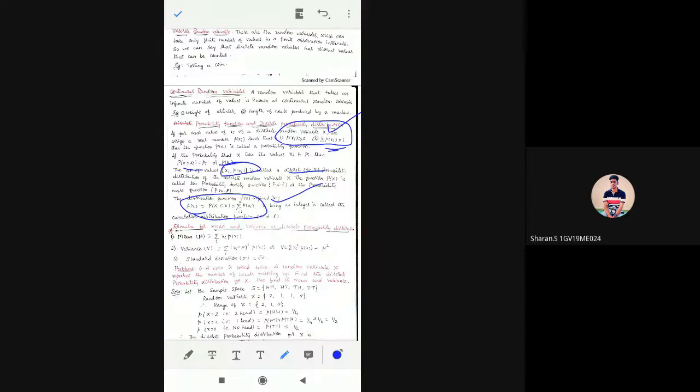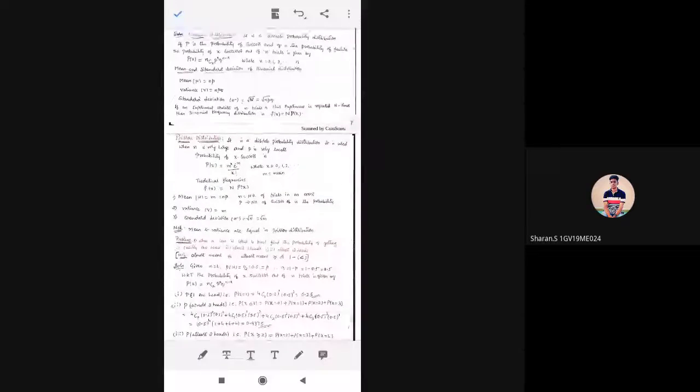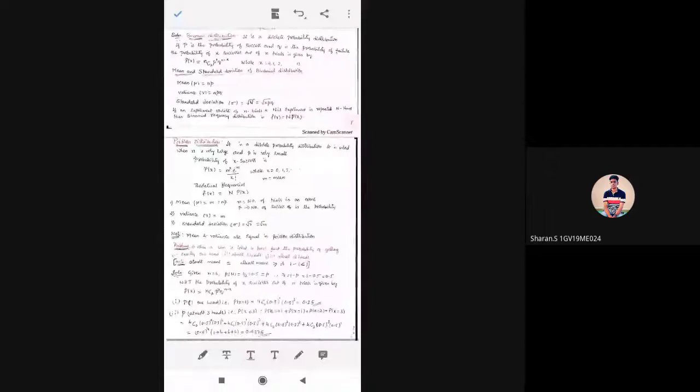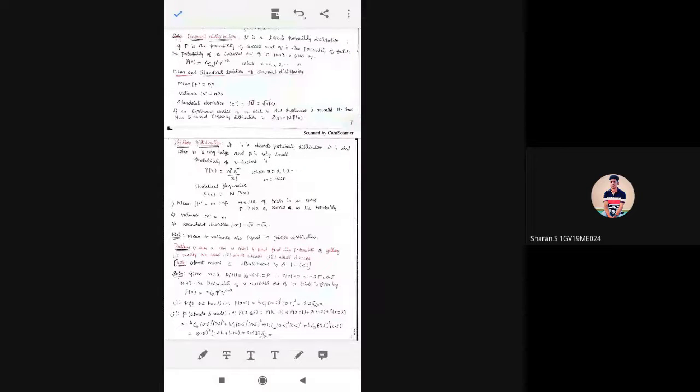One problem we have done also, where you can go through that column and get an idea of how to do it. Then mu, variance, standard deviation. Based on these, we have seen some problems. Those videos I will share. Since I have not started sharing the third module videos, I will do it. So the next concept is binomial distribution.